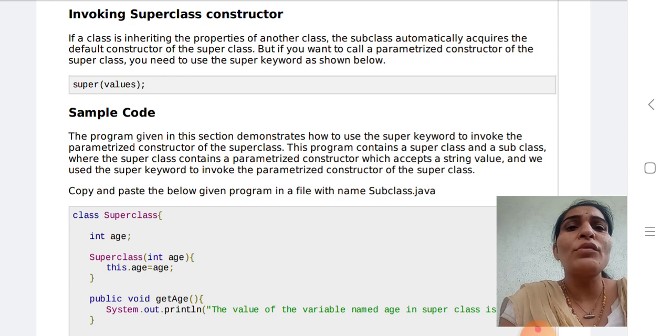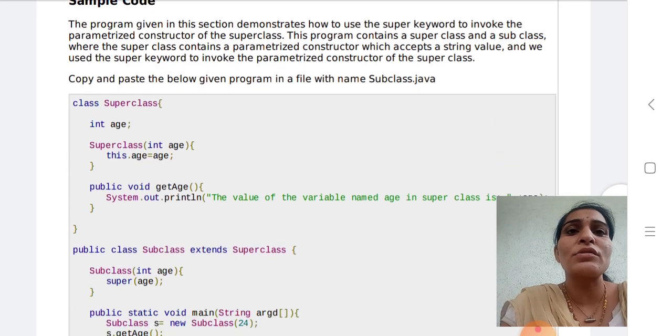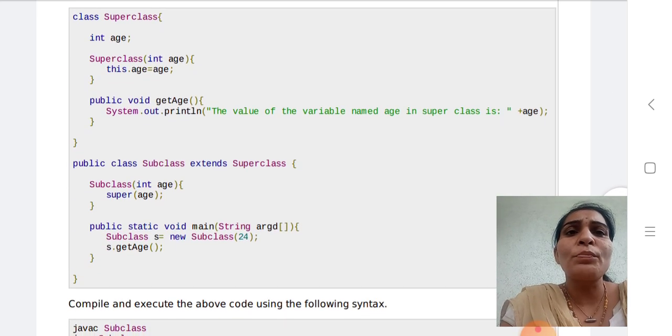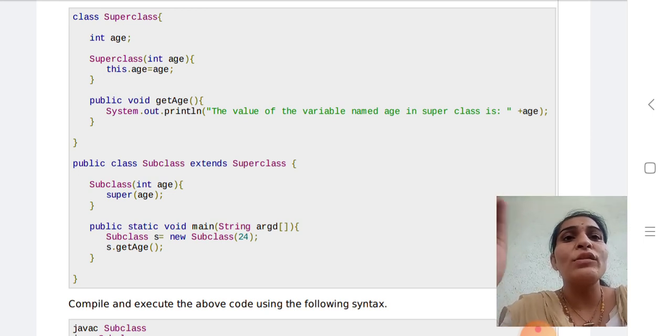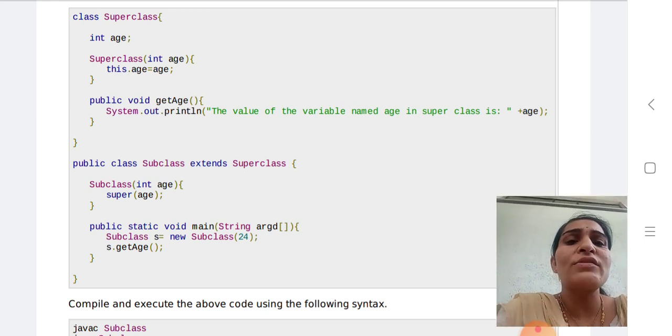Now, invoking the superclass constructor. How do we invoke it? By using the super keyword and putting the values in brackets. For example, class Superclass has an integer age. The Superclass constructor stores the value of age, and there is a getAge function.